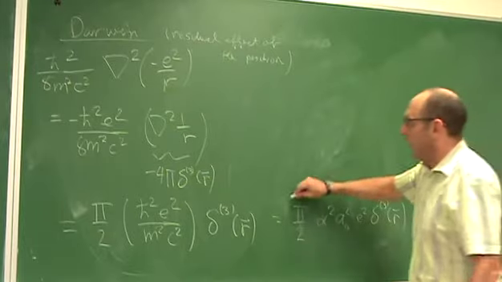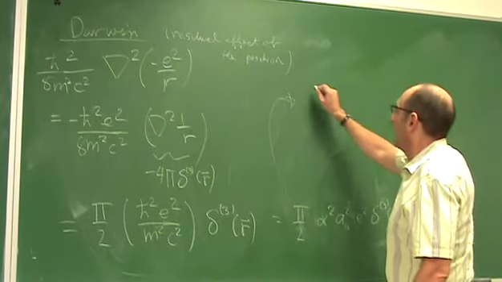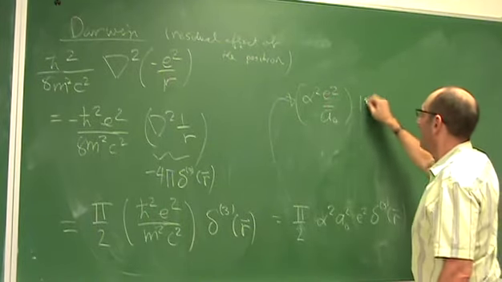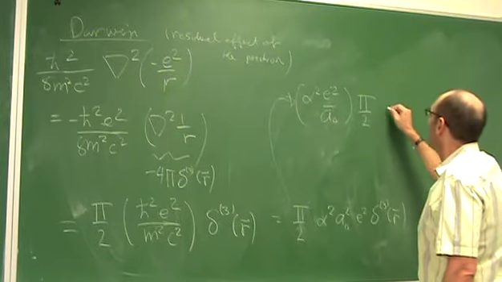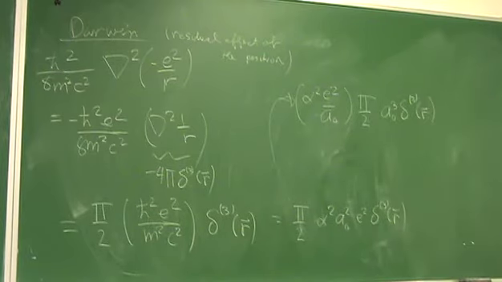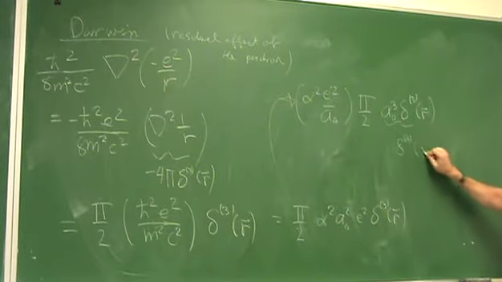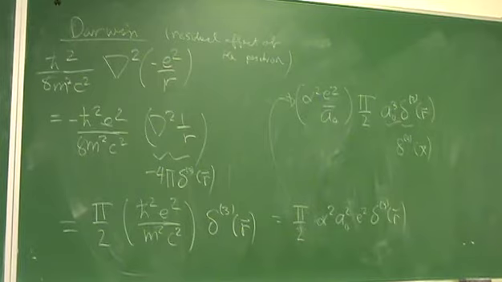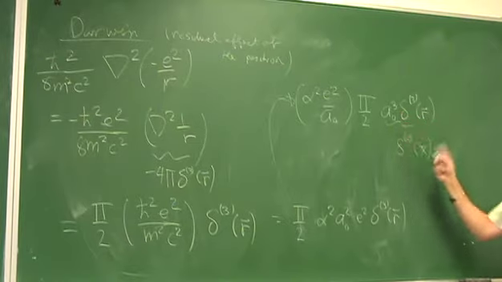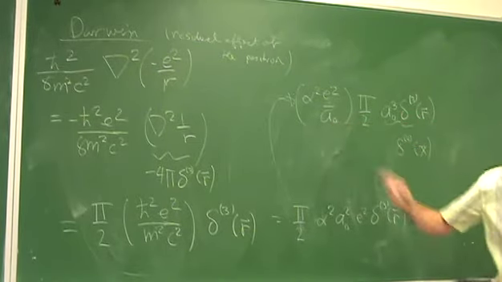So if we factor out alpha squared times the Hartree, what we have is pi over 2 times that. And this, of course, is the dimensionless three-dimensional delta function. Remember, delta functions have units. They have the units of 1 over their arguments. So a delta function in 3 dimensions has units of 1 over volume. So it does indeed get an alpha squared times the Hartree.